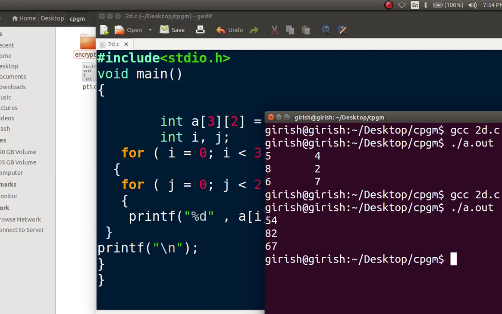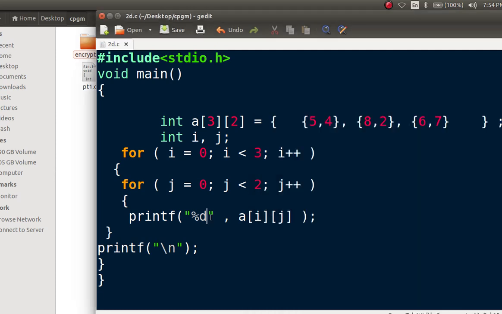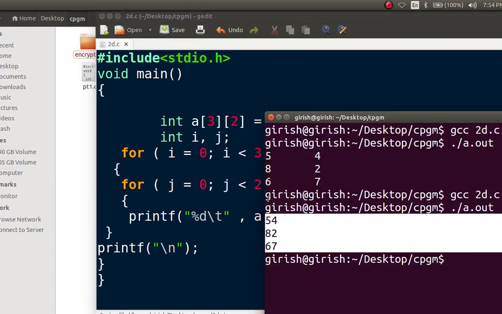Compile, execute. See here, the numbers are showing like this: 548267. To avoid this problem, we have to use \t here. Okay, now compile this.